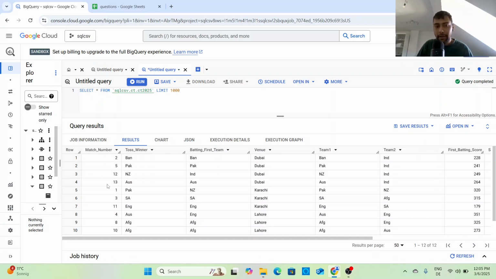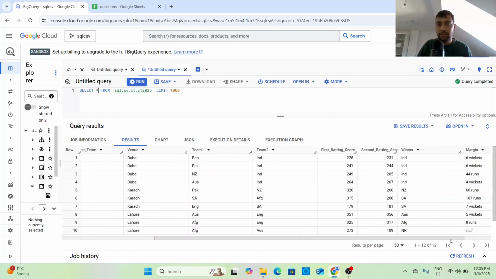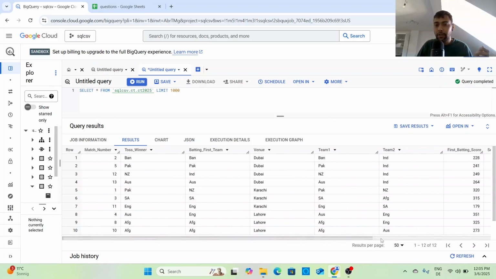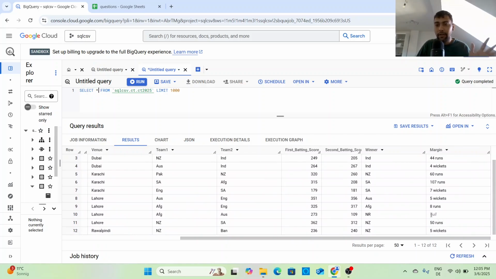So as you see, I have the data like the match number, who won the toss, who batted first, what was the venue, what are the two teams involved, how much did the first batting team score, second batting team score, who is the winner, what was the margin of victory. As you see here, there's one match where it's null because I think Afghanistan-Australia match was a washout, like a